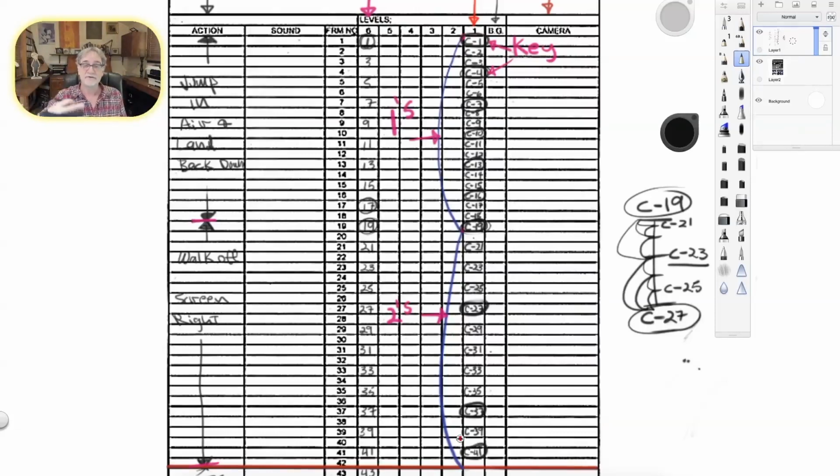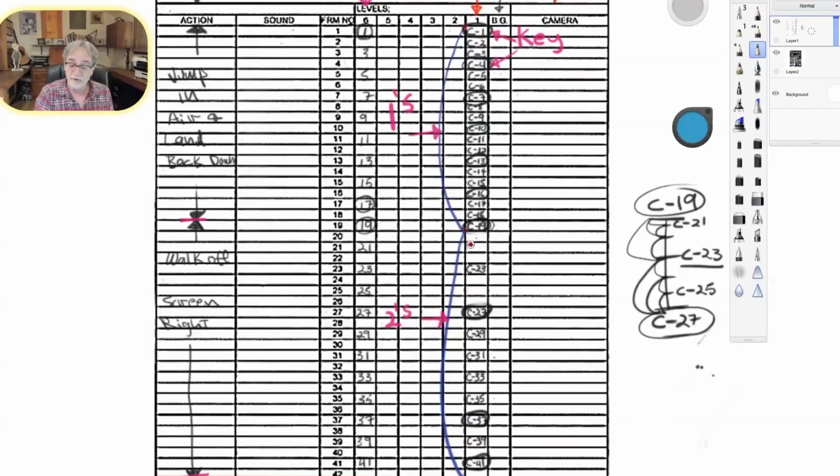Another approach, if you see X sheets and you have a blank, we'll just take that section again, and this is what I would do. I would usually do it in the blue, and I'd come back in and I would put in blue C21, C25, and we're just going to look at this section, just that section, but you do it throughout your entire scene if you so choose.